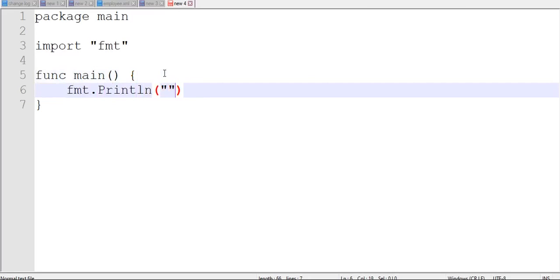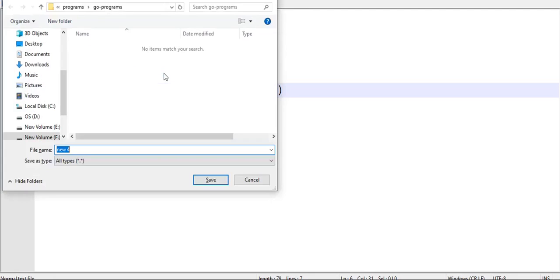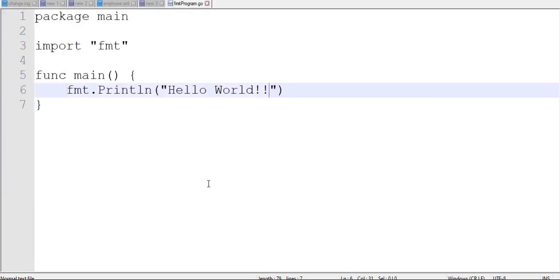We are going to print hello world. Then save it as first program.go. The extension would be .go. I'm going to save it in a location, then go to command prompt, open the path where you have saved your Go file, then type go run and the file name.